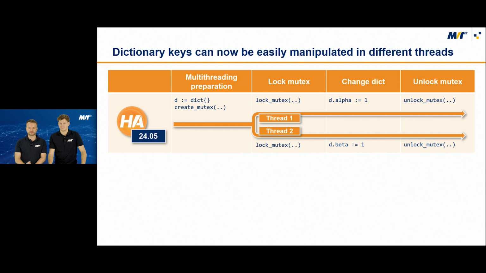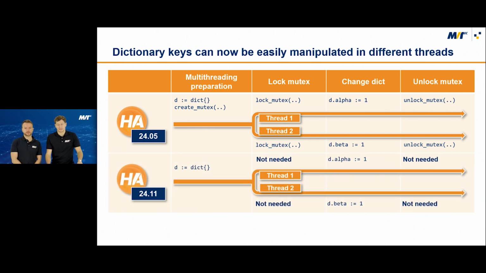That's right. Thank you. This data handling improvement concerns parallel programming. And when performing parallel programming in HALCON, different threads might work with the same dictionary. And in this case, the user must ensure proper synchronization. Up until HALCON 2405, this was done by locking the synchronization mutex, then modifying the dictionary, and unlocking the mutex afterwards. Now, with HALCON 2411,